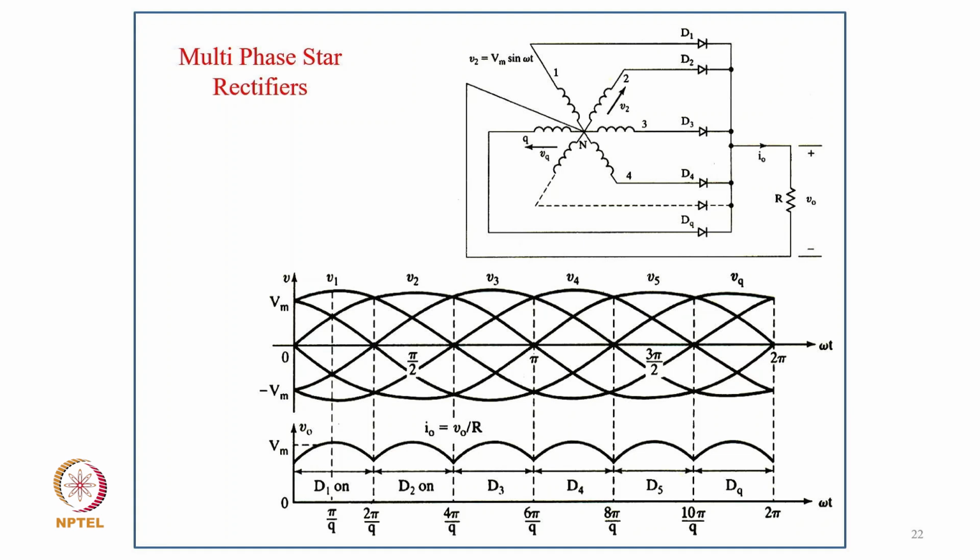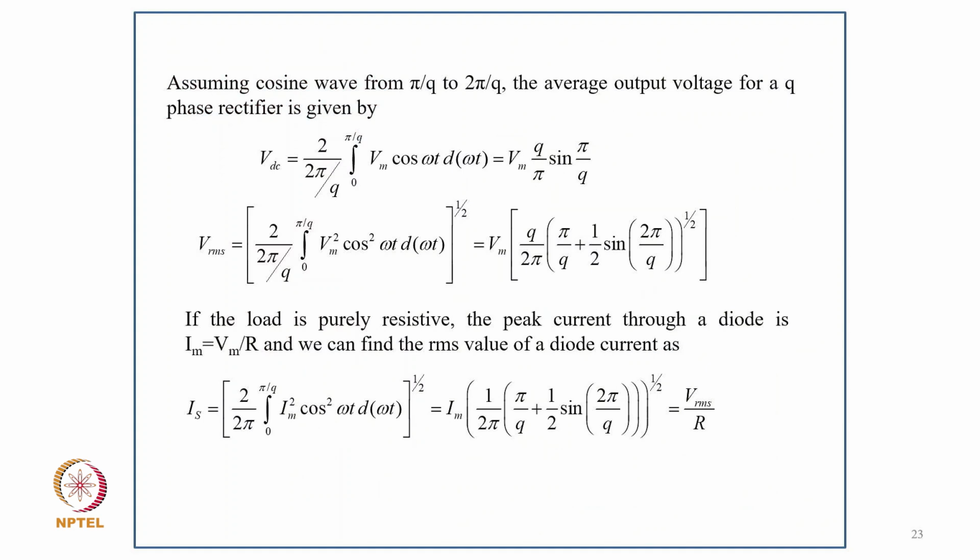Now coming to the multi-phase star rectifier, as you can see, we convert three phase into typically six phase on the secondary side. On the primary side we have a three-phase supply to the transformer, and this six phase we apply to a resistive load. You can see in the waveform that each diode conducts 60 degrees, and this is normally used for low voltage systems where only one diode conducts. It means the losses of only one diode are there. At low voltage, even the losses in the additional diode in the bridge rectifier matter. So these are very extensively used for large process industries like electroplating, electromining, and many other applications.